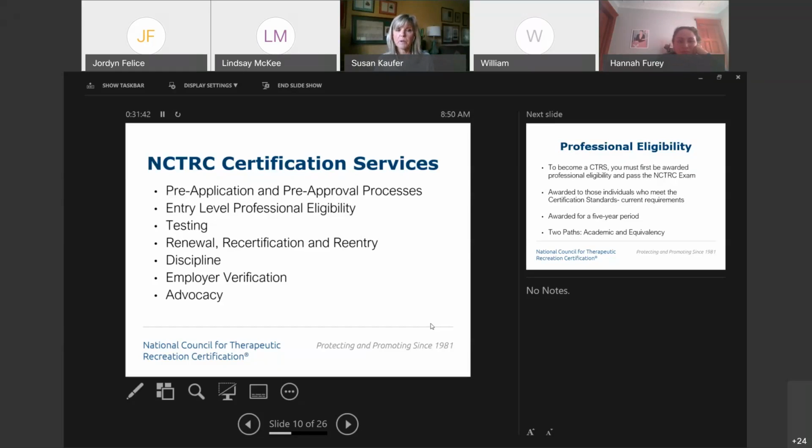We have our renewal, which is the annual maintenance process, where I'm sure anyone sitting in the audience today holding CTRS is familiar with the CTRS renewal process and the 5-year recertification process. If for some reason you're not practicing in the field right now, you've been doing something entirely different, and you miss your recertification process and dates, we have a re-entry process.